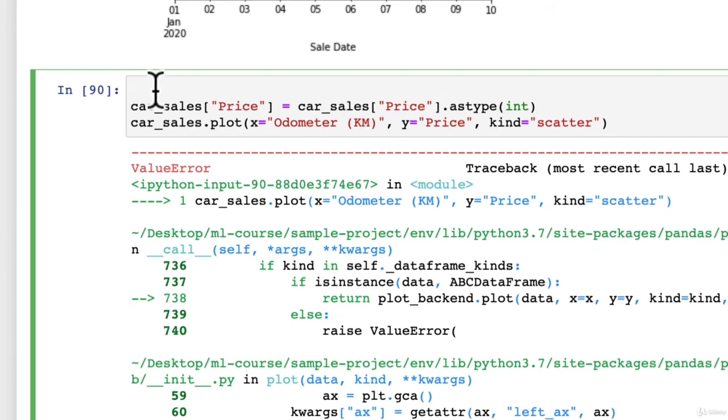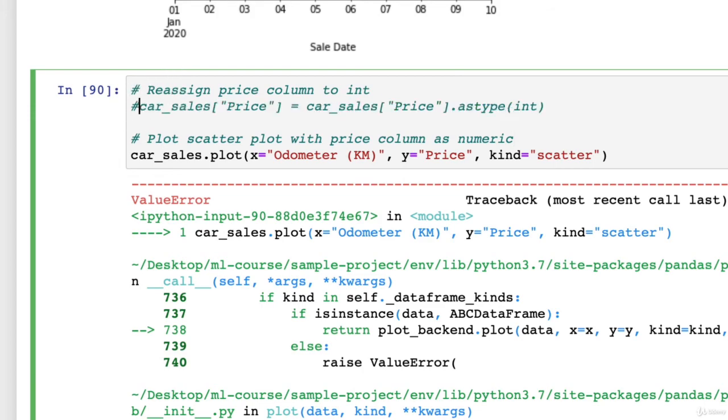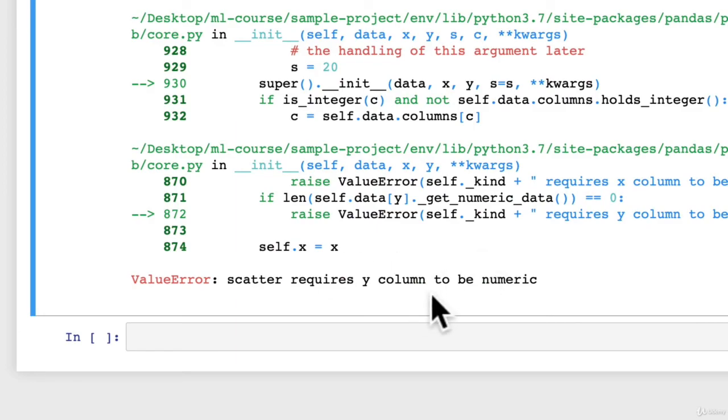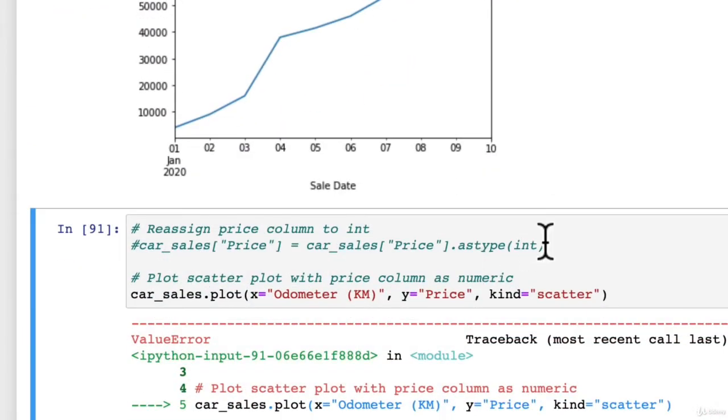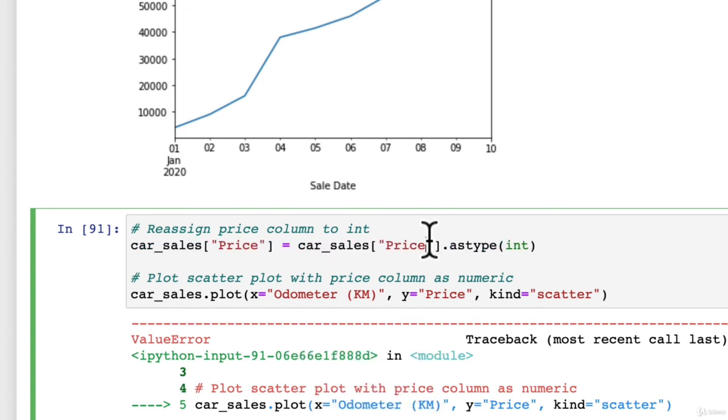This should work. So we got reassign price column to int, plot, scatter plot with price column as numeric. So without this line of code, we'll comment that out. We're going to get an error here, value error, requires y column to be numeric, but what we're doing with this line here, if we uncomment it, to comment and uncomment code, we can do command slash. So I'm just pressing command slash here. We're going to reassign it as a numeric column. So if we do this,